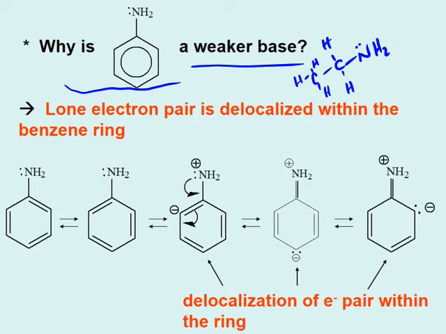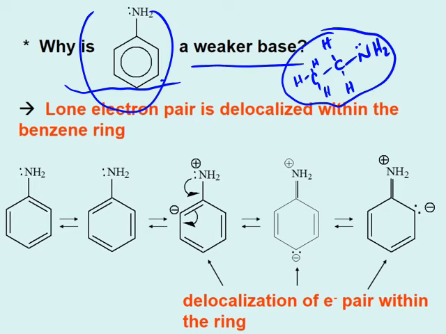So if I compare these two amines, this is aniline as a common name, and this is ethylamine. This is a stronger base. So in comparison with aniline, ethylamine is a stronger base. Now the question is why? Can you explain it? Yes, we can explain it on the basis of